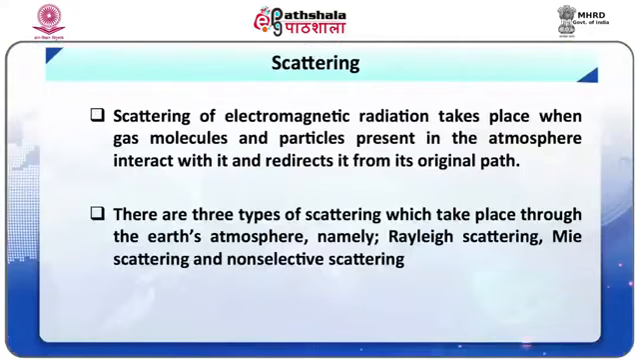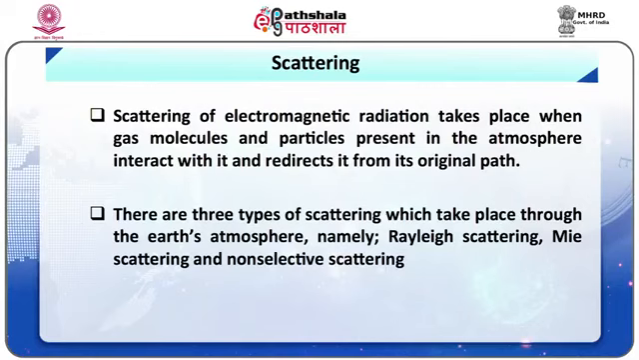Refer to figure number 6. The amount of scattering depends on several factors, including the wavelength of the radiation, the abundance and size of the particles or gases, and the distance the radiation travels through the atmosphere. Generally, there are three types of scattering which take place in the Earth's atmosphere, namely Rayleigh scattering, Mie scattering, and